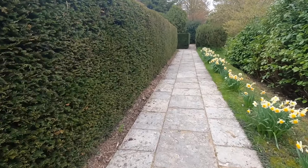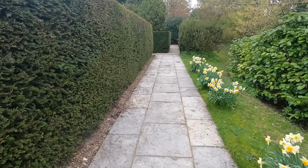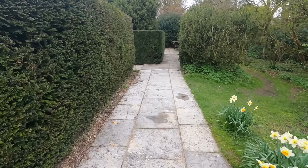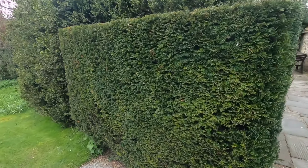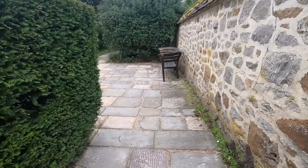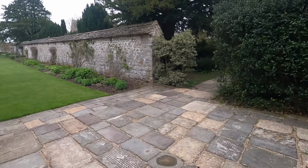Extensive grounds. I only know Avebury for one thing, and that's the Avebury stones, the stone circle. And that's why we came here today, really, to film a walk around Avebury and taking in the stones. And then we got to the car park and we discovered that the National Trust had opened up this manor